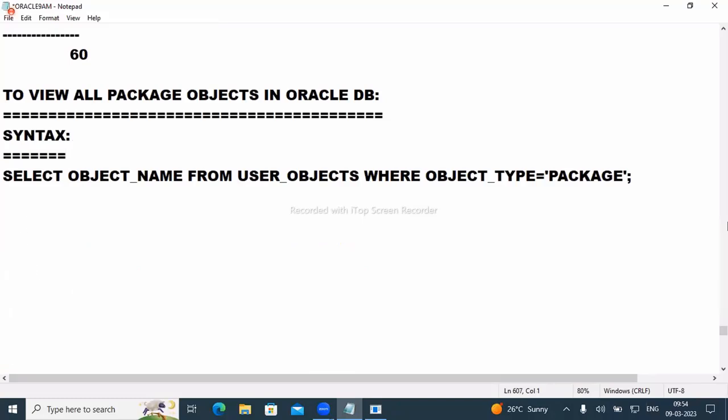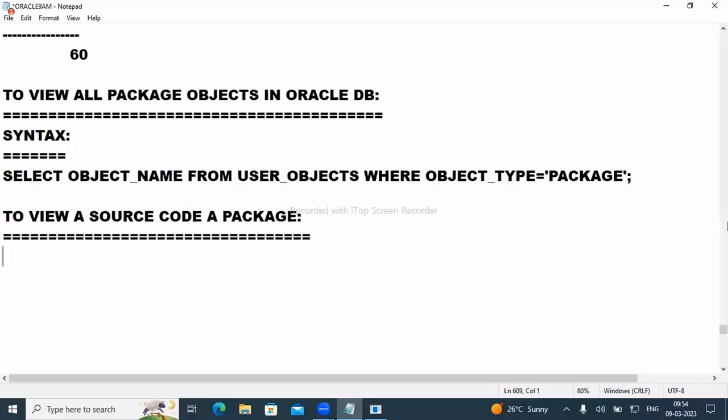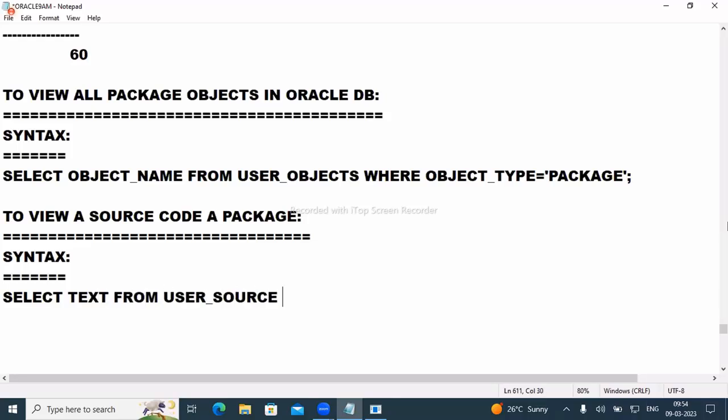In the same pattern, to view the source code of a package, we have some syntax here. What is the syntax of this? Select text from user_source where name is equal to